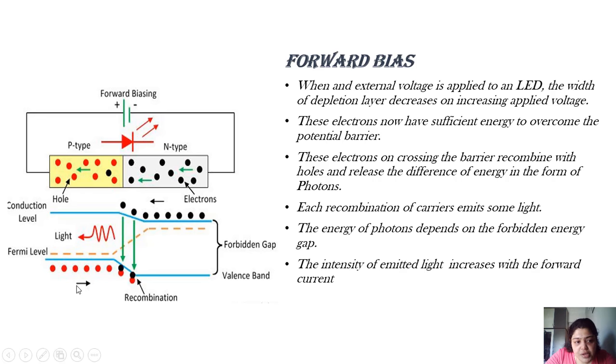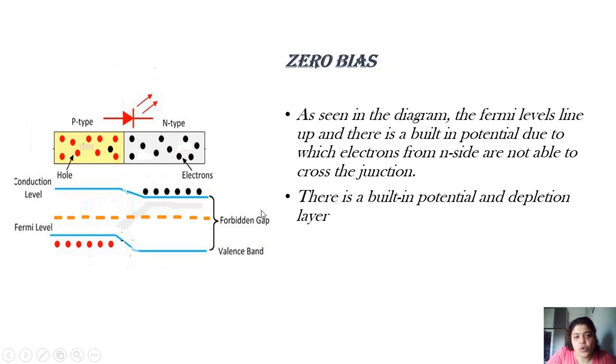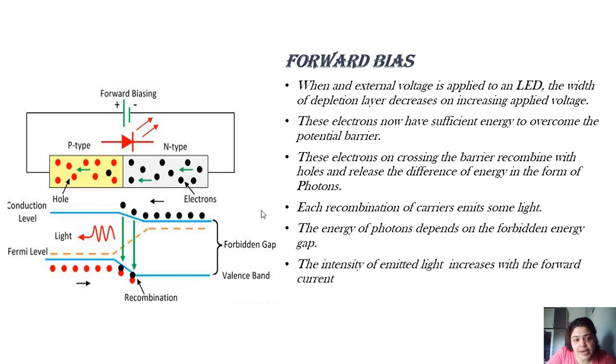Now what happens to the Fermi level in this case? Like in the case of zero bias, you can just see the Fermi level is being shifted up, right? What does this Fermi level shifting indicate? This Fermi level shifting indicates the Fermi level moving towards the conduction band of the n-type. It has shifted. This means that electrons are conducting, that electrons are moving towards the p side and electrons are recombining, right? And that is the reason the Fermi level has moved up.